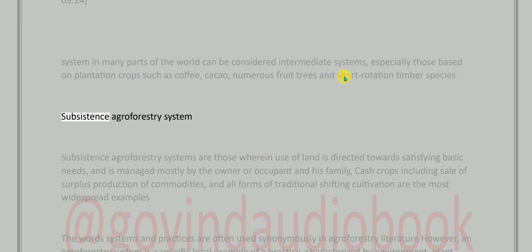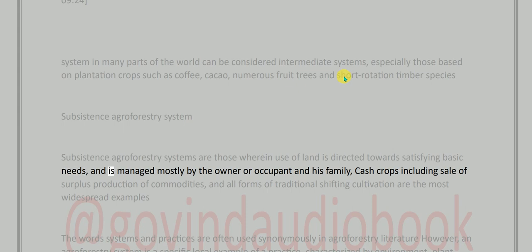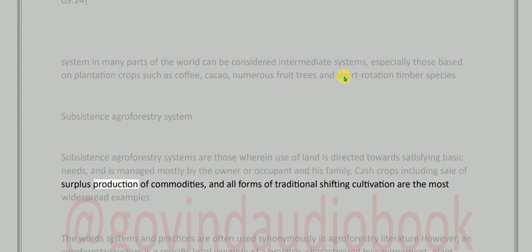Subsistence agroforestry system. Subsistence agroforestry systems are those wherein use of land is directed towards satisfying basic needs, and is managed mostly by the owner or occupant and his family. Cash crops including sale of surplus production of commodities, and all forms of traditional shifting cultivation are the most widespread